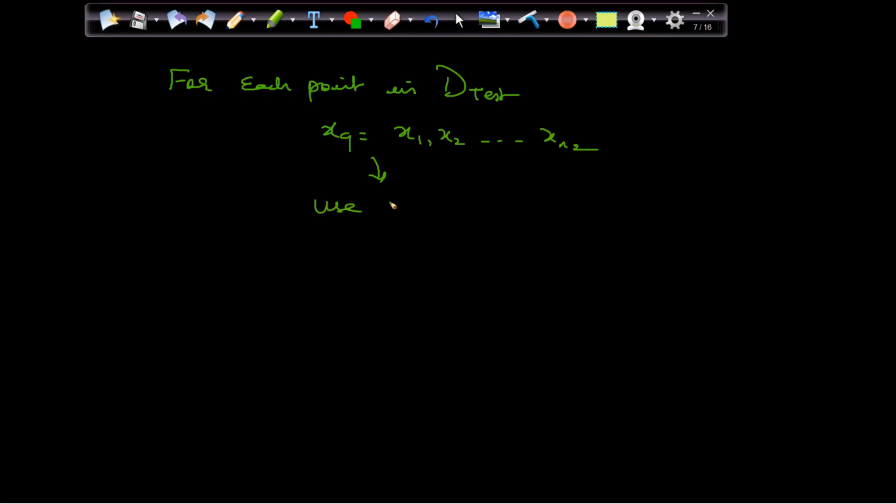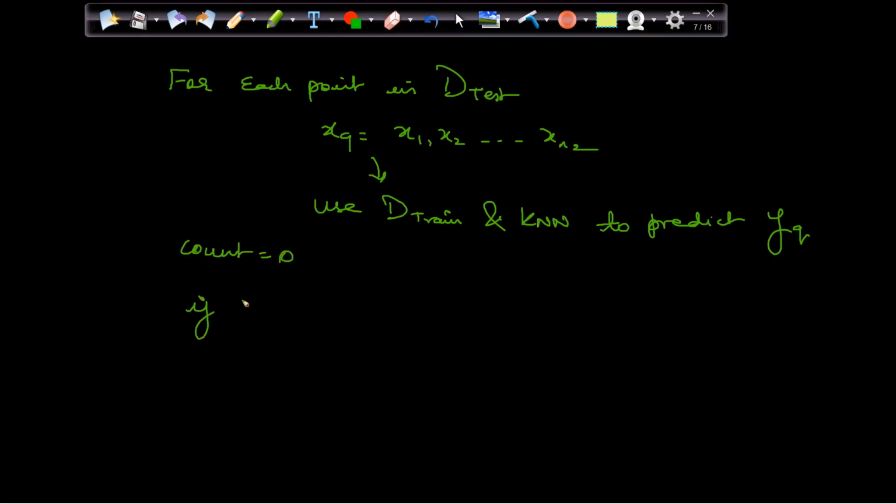I will use D train and the model which I created to predict yq, because I created this model on top of the train data. So when I get the data from test, I will use this data and the model to understand where this point belongs, whether he will get a loan or not. Let's say we set a counter, count equal to 0.